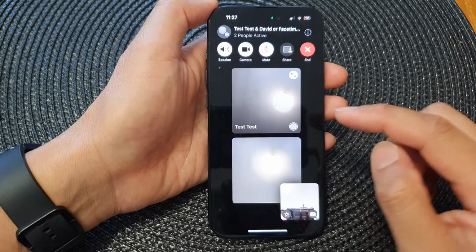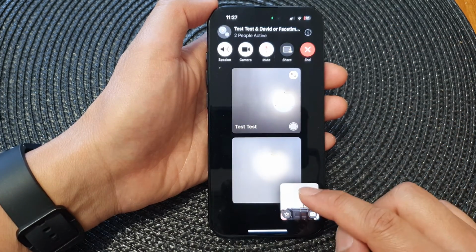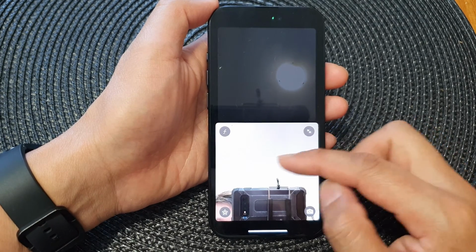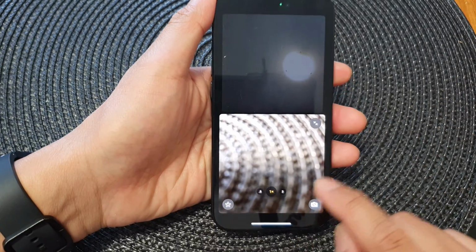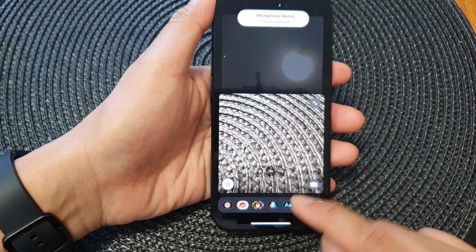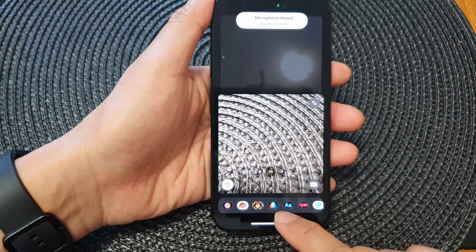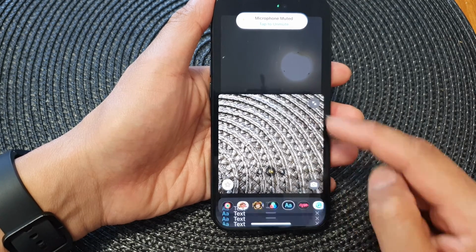And that's it. So once you're in your FaceTime, you can open up your screen. This is your camera here. You can rotate your camera to front or back, and you can add in effects. So you can add in the effects using the button there. You can write on your FaceTime